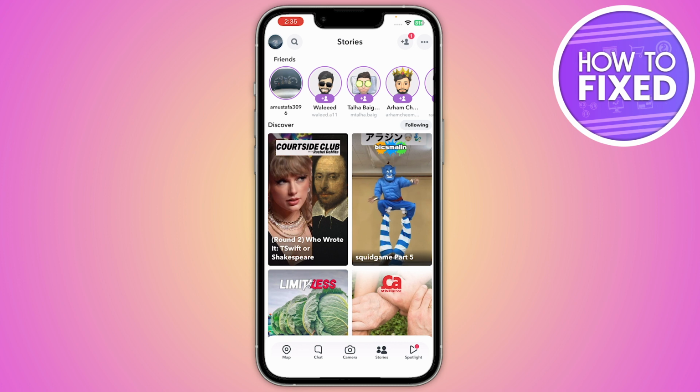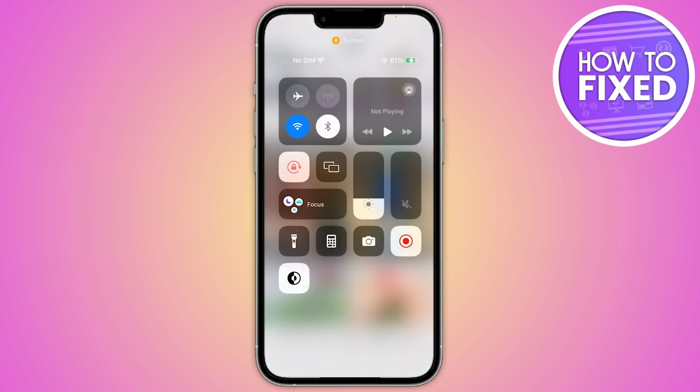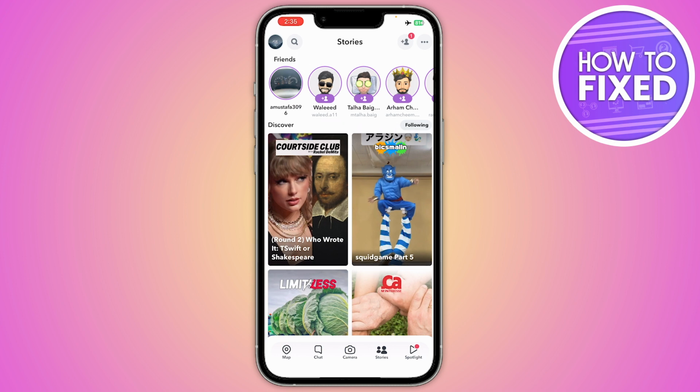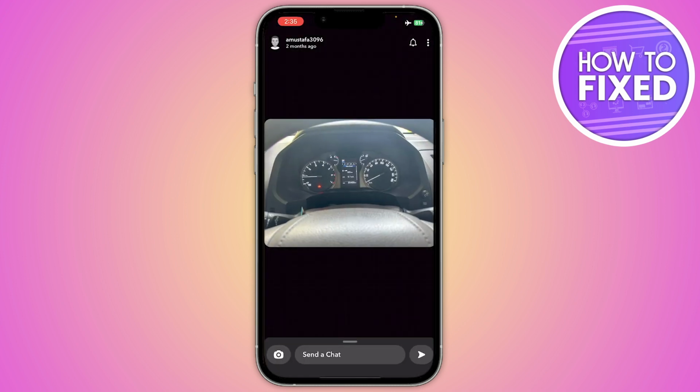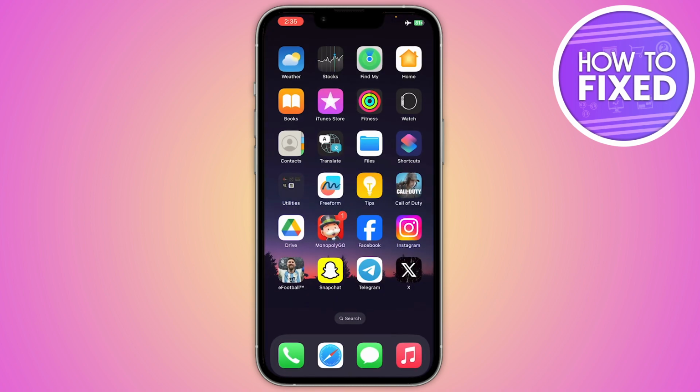So before opening that particular story, you just have to scroll down from the top and turn on the airplane mode and make sure that your Wi-Fi is turned off. After that, you can now view their story, and then you can take screenshot or also you can record their